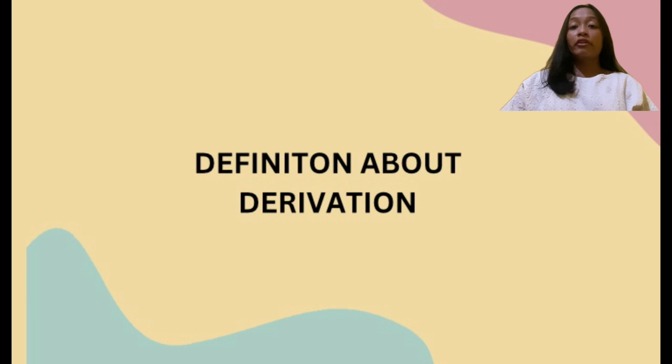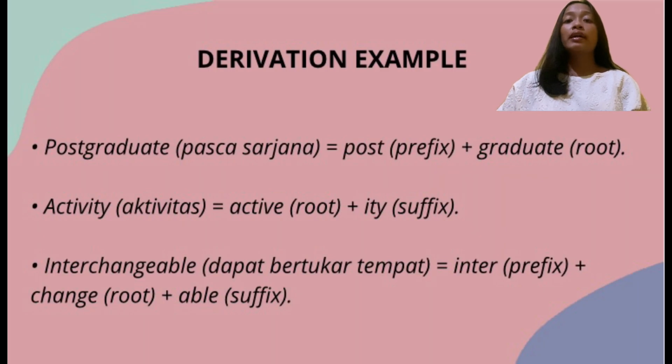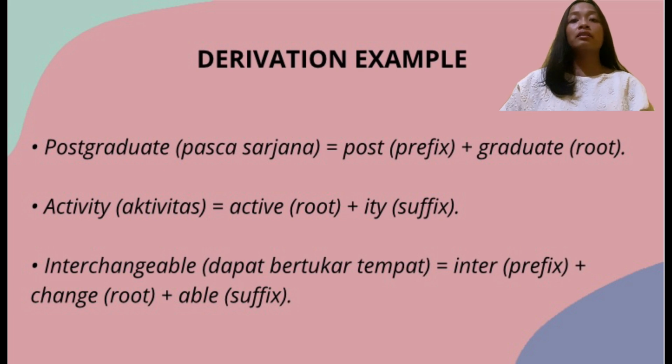The next material will discuss derivation and inflection. Definition of derivation. Derivation is a morphological process that changes the category, word class, and meaning. Example of derivation: in the word postgraduate, the word post is a prefix and graduate